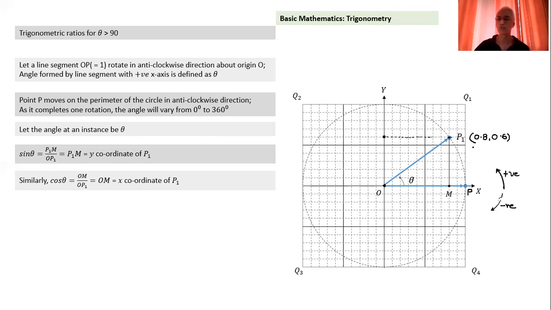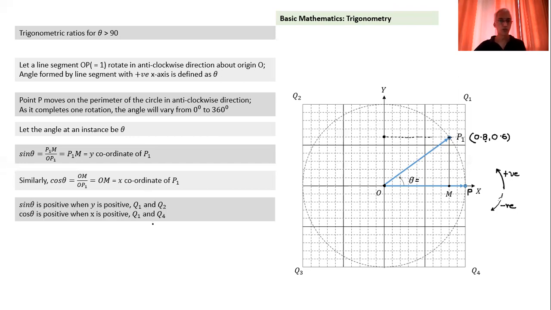So in this particular case, the x coordinate is 0.8, which is equal to cos of theta. And 0.6 will be equal to sine of theta. So if we can measure this angle theta, we can find cos theta and sine theta from this figure. Okay. And just to understand a little bit more, in the first and second quadrant, the y coordinate